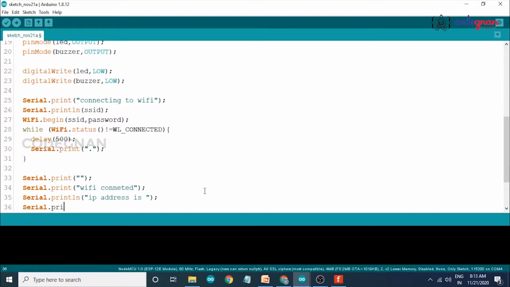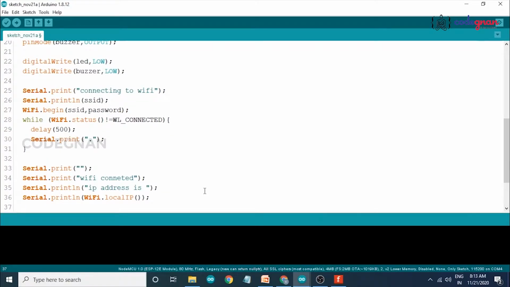Serial.println, for printing a Wi-Fi address we have a command called WiFi.localIP. This helps us print which IP address the Wi-Fi has. Now server.begin to start our server.